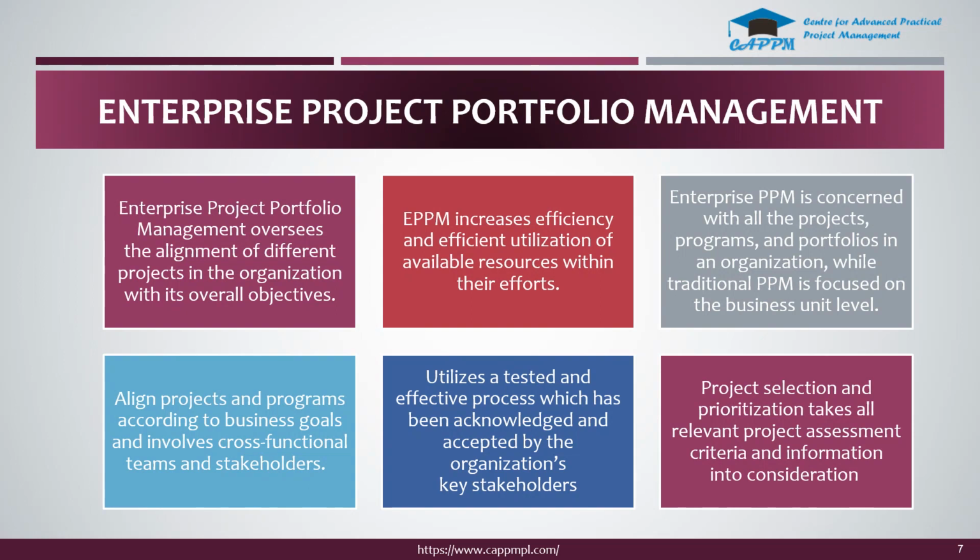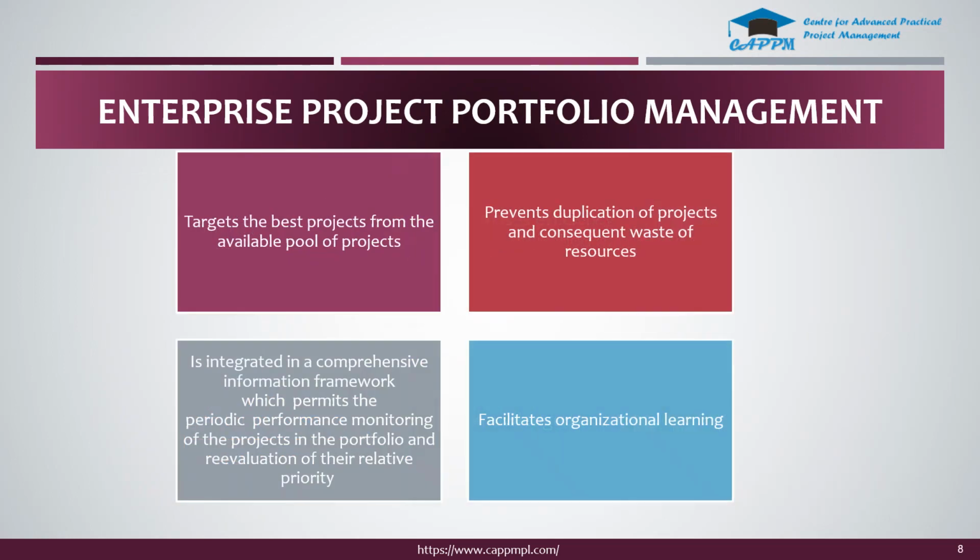And it also helps in project selection and prioritization based on the resources that are available, the costs that are available, and the budget that we set. So based on that, we'll be able to achieve that. Okay. And so this EPPM allows us to select the best projects from the pool of project proposals. So we have the list of proposals, and based on the available resources and the budget we have, we will be able to select the best projects